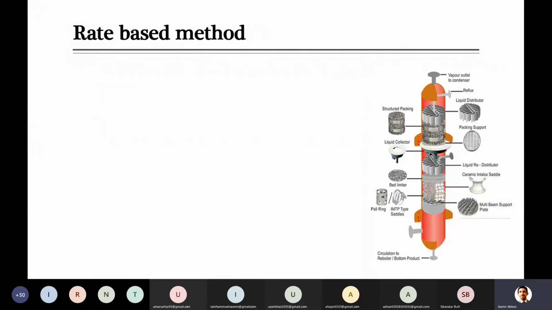Then there is another option that was discussed, related to the pressure drop. Vacuum or low pressure drop services prefer to use this kind of equipment, packed tower, because inside these the pressure drop is less as compared to the pressure drop inside a tray tower. So in that case they will help you.